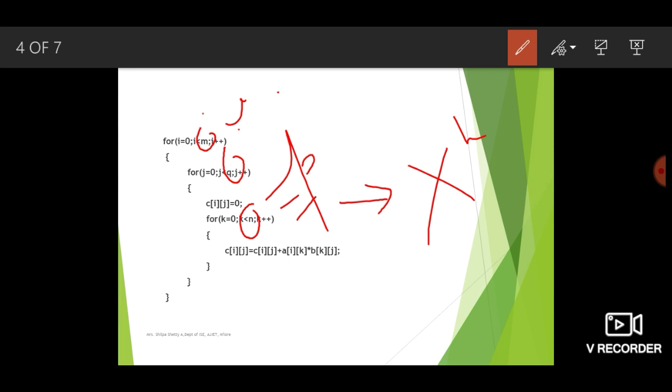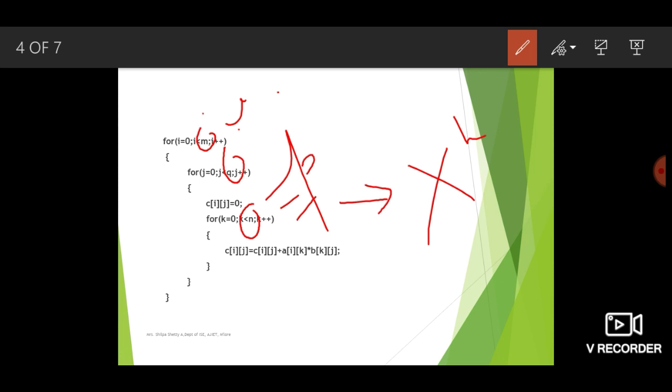So if you see the multiplications again, it will be A of 0, 0 into B of 0, 0. So the two middle index values are 0, 0. Similarly, A of 0, 1 into B of 1, 0. Again they are ones in the middle, and A of 0, 2 into B of 2, 0. Again the 2's are the same. So we take them as k, because that indicates the number of multiplications.